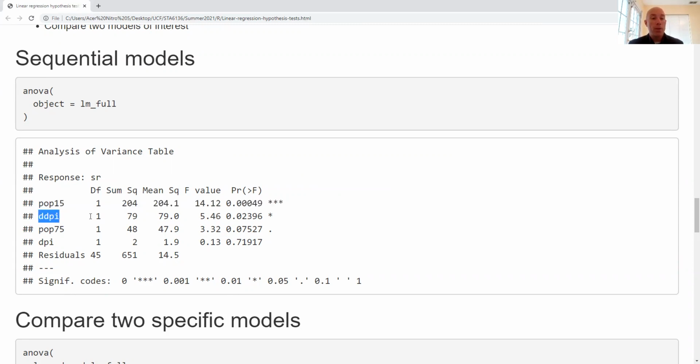Now I go to the next one. This is asking, should we add DDPI to the model with a constant and POP 15? Okay, well, that's a small p-value. I conclude I should add DDPI to the model that has a constant and POP 15. This hypothesis test is checking to see, should we add POP 75 to the model with a constant, POP 15, and DDPI? Okay, and so here I fail to reject the null hypothesis,